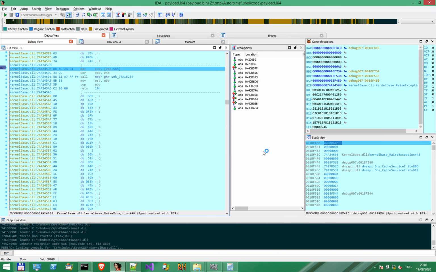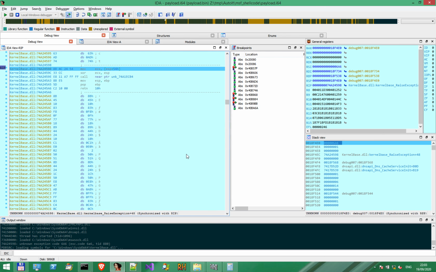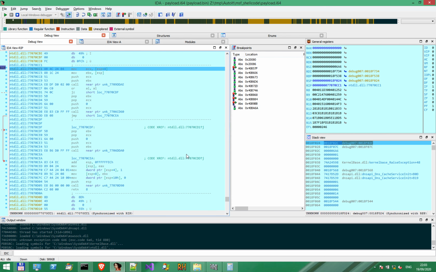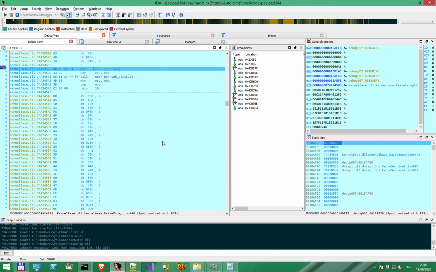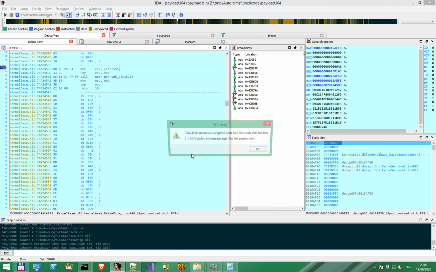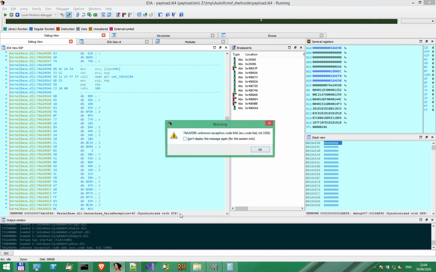We quickly run into the same exception. If we want to pass it to the application, we can press F8 and then select Yes, pass to the application. Again, pass it to the application. Again, pass it to the application.